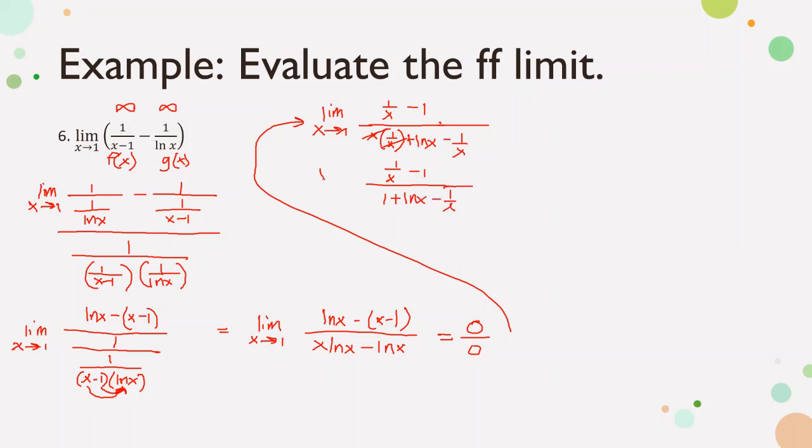Now let's substitute again our limit, which is equal to 1. So 1 over 1, that is 1, minus 1, that is equal to 0. 1 plus 0 minus 1, that is just also equal to 0. So meaning to say